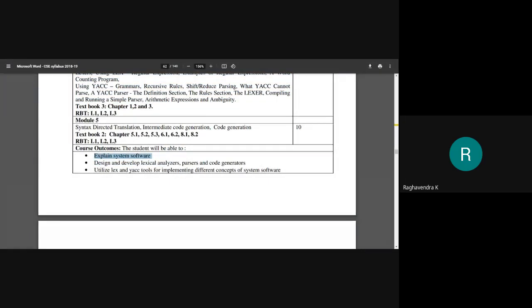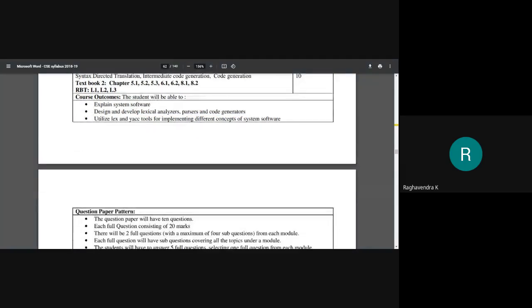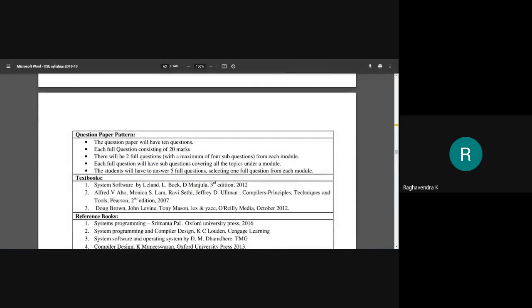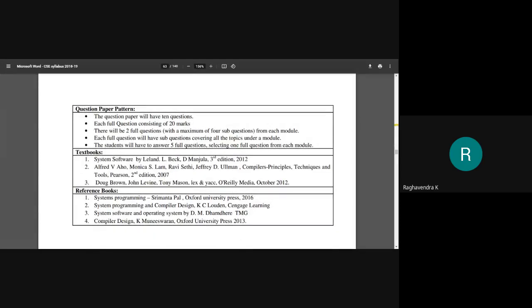You also need to understand the design and development of the lexical analyzer, parser, as well as code generator. And you're supposed to utilize the Lex and Yacc tools, as I mentioned, for implementing the different concepts of system software. So this is how the subject is organized.